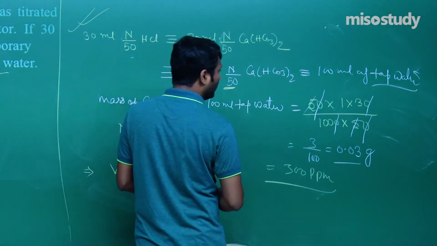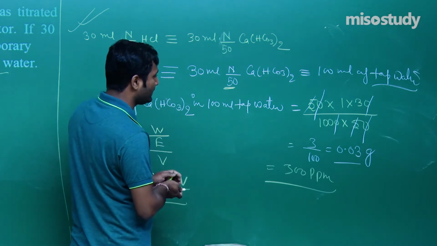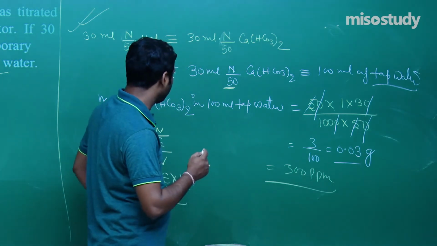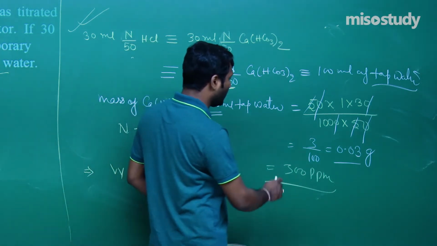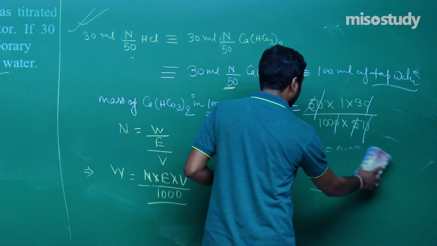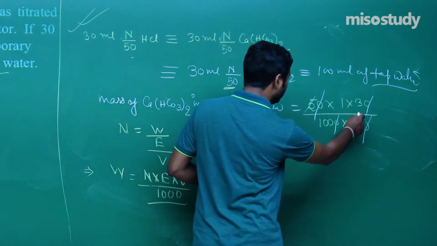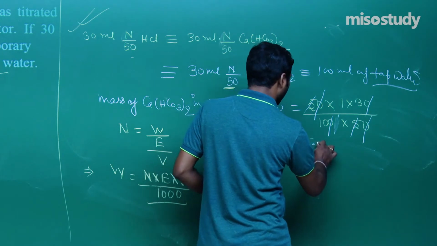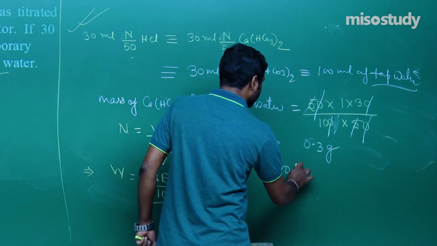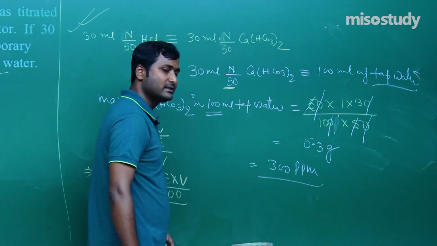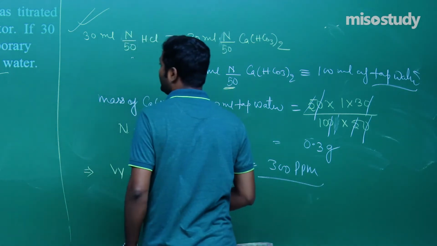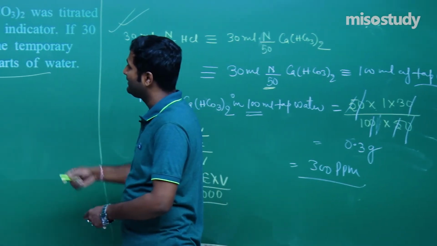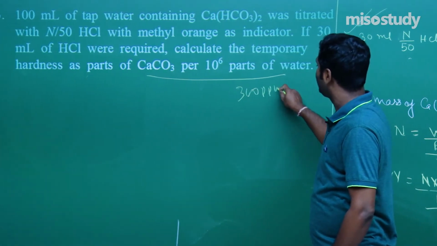Clear to you? If you have any doubt, check out the calculation in this case. That is 30, 100. One more thing, we are taking here 100 ml, so better to put here 100 so that finally we can convert this. It will be better for you. 30, put here 100. This will cancel this one. Clear? So the mass here is 0.3 gram and better to write here 300 ppm. This is the answer. Clear to you? In terms of 10 to the power 6 part of the water. So the solution is 300 ppm.